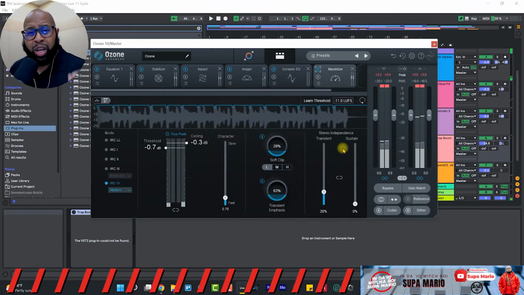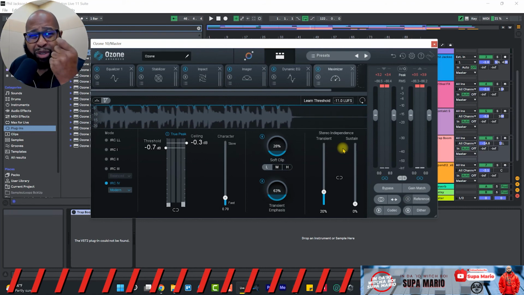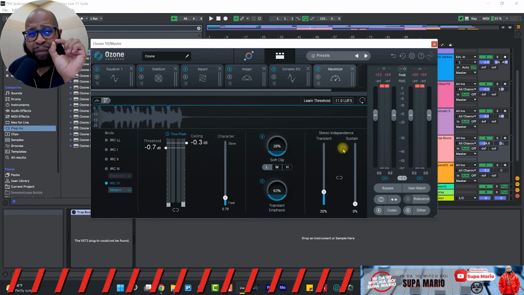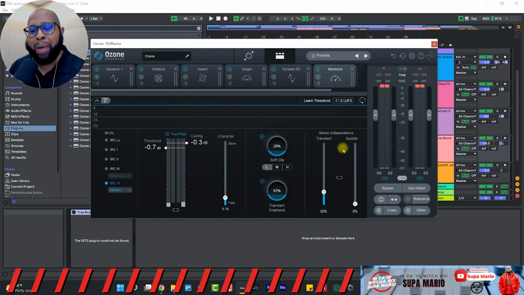It's very subtle. We hear a boost in the volume, but it's very subtle. And that's what mastering is really, really about, giving you a very subtle change, but a noticeable change, when you bypass each